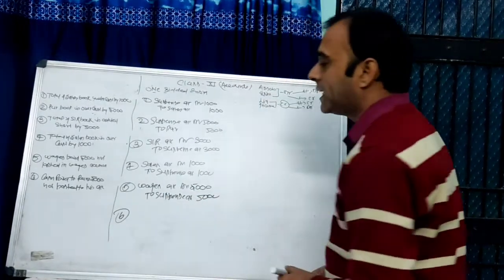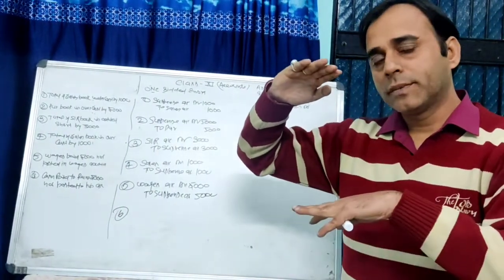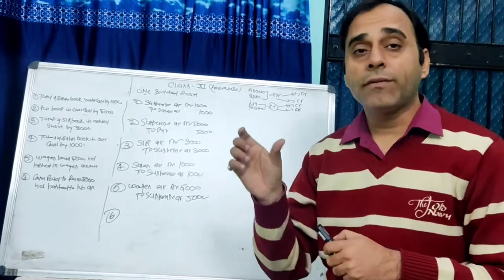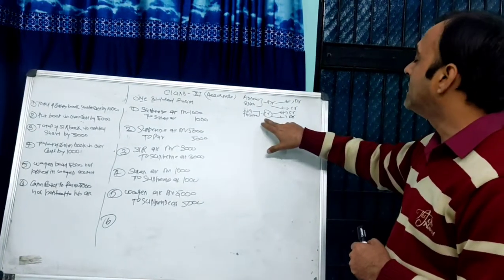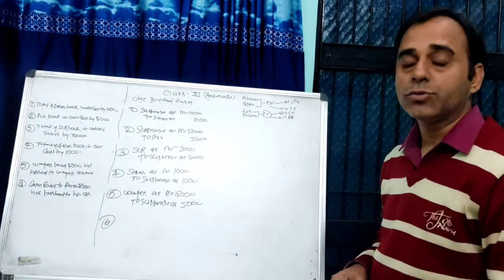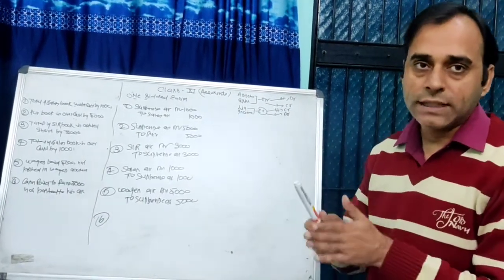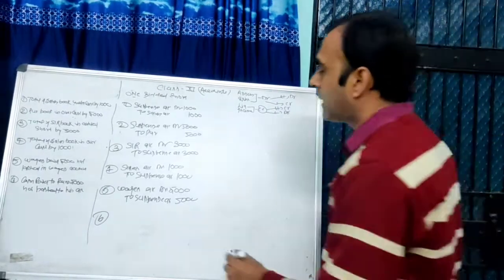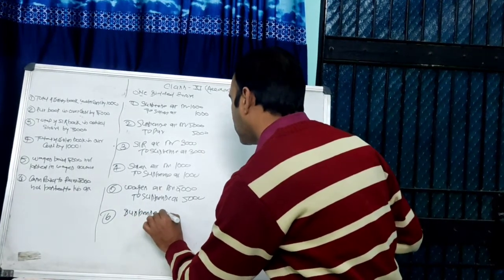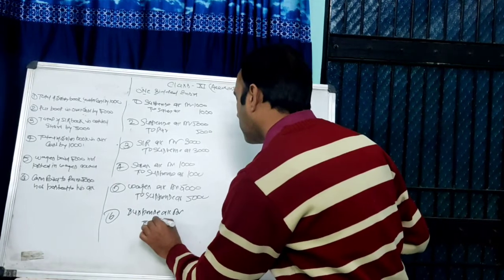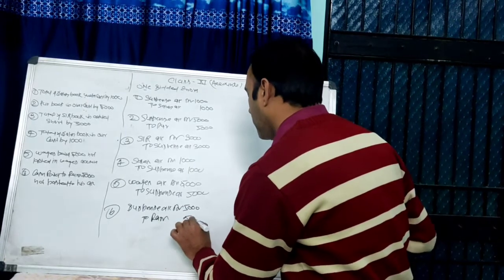Next, given there: cash paid to Ram, not posted to the account. We are paying cash to Ram, so the entry is cash account debit to Ram. We did not post to the Ram account. In the entry, Ram will be credited. We forgot to credit it, meaning the balance of the credit account is decreased. So for increasing the balance of a credit account, this account will be credited. Whose account? Ram's account will be credited. What will be debited? Suspense account. It is a one-sided error, only we made a mistake in Ram's account. So the entry stands for suspense account debit to Ram, 5,000 rupees. Being error rectified.